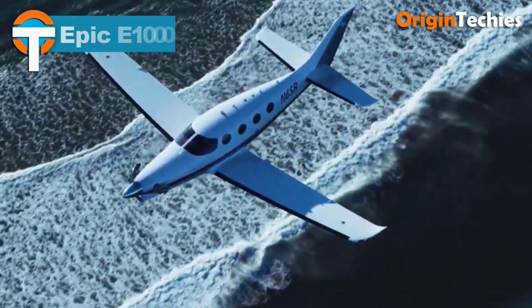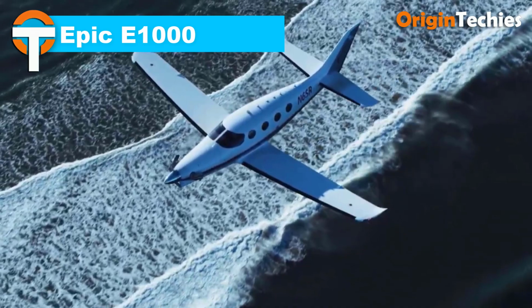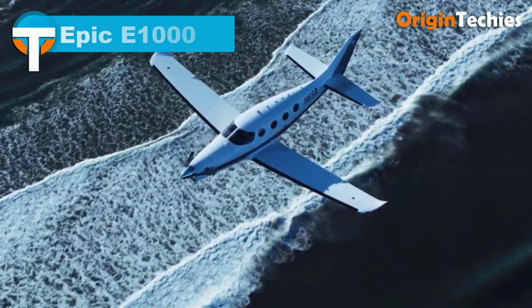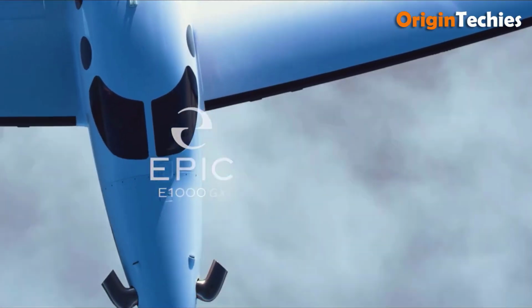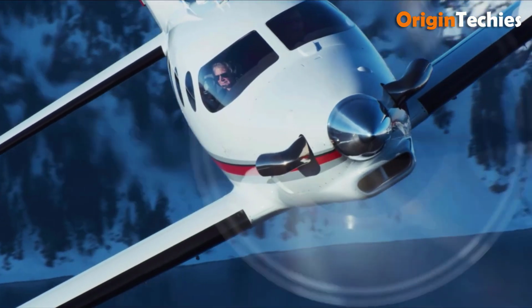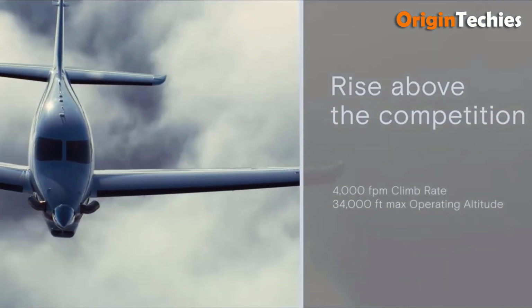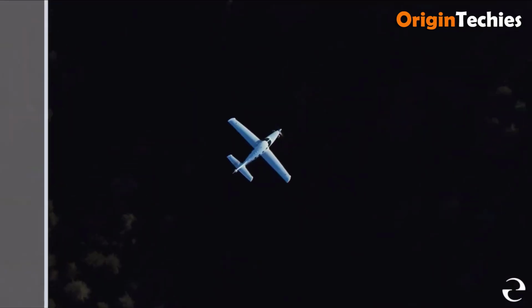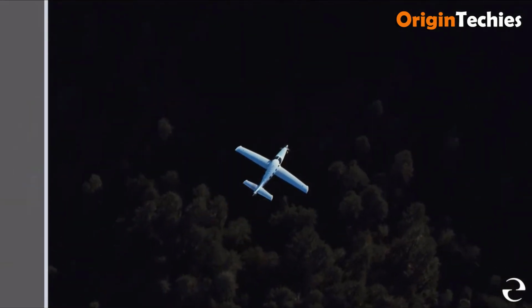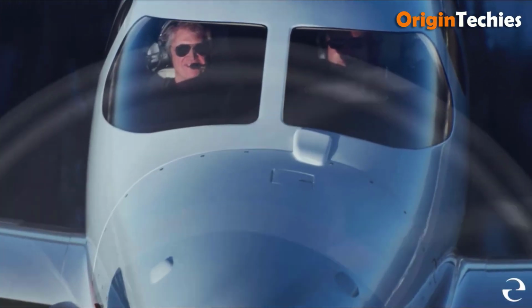Epic E1000. The Epic E1000 is a high-performance single-engine turboprop aircraft that combines speed, efficiency, and luxury. Powered by a 1,200 shaft horsepower Pratt & Whitney PT6A-67A engine, it achieves a maximum cruise speed of 325 knots, 600 kilometers per hour, and a range of 1,650 nautical miles, 3,050 kilometers. The cabin is designed for comfort, featuring a pressurized environment with an air stair door for